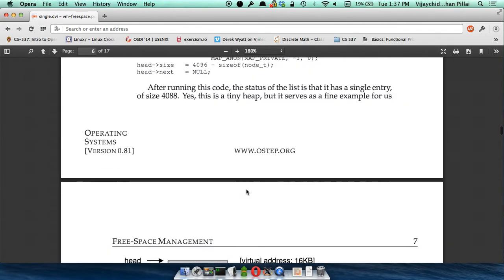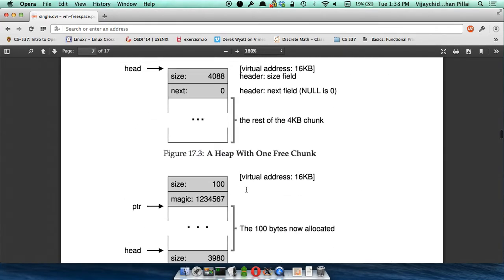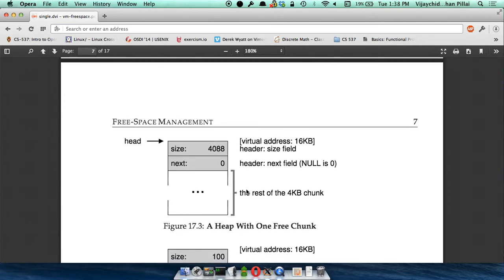Let me see. Okay, so this is how it proceeds when you're using this particular approach. Right now you have 4096 bytes that you have allocated from memory, and then you want to manage the internals of this chunk of memory. So you have a header which says I'm going to have 4088 bytes that I can give the user. The size of the header is going to be 8 bytes. And there's no other allocation in the system. This is the first time we're accessing this.